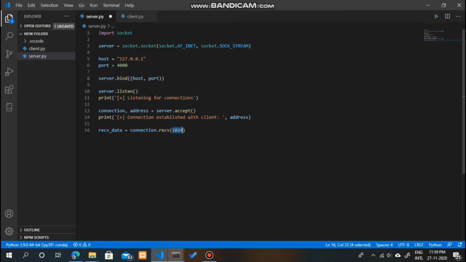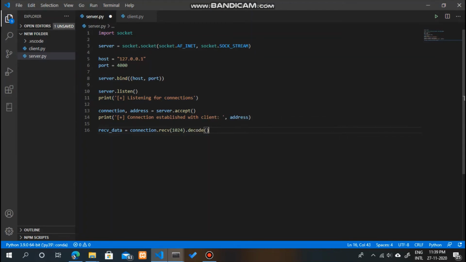Data is not sent in a continuous way, it is sent in chunks. So we are specifying that we need 1024 bytes in a chunk. Now you remember that I told you the data is received as bytes, it is encoded data, hence we have to decode it.